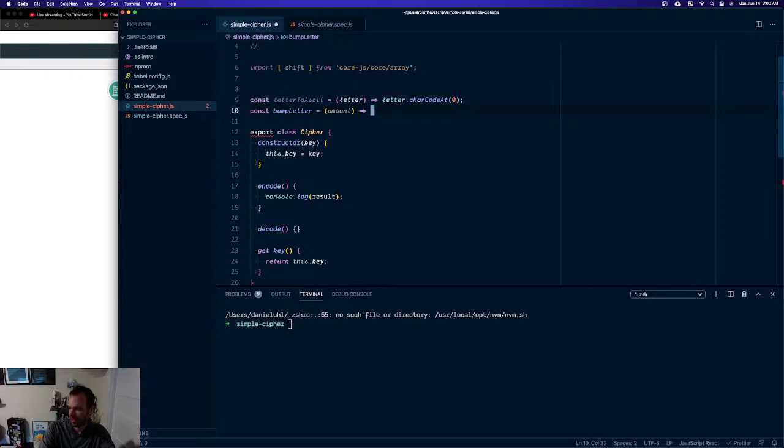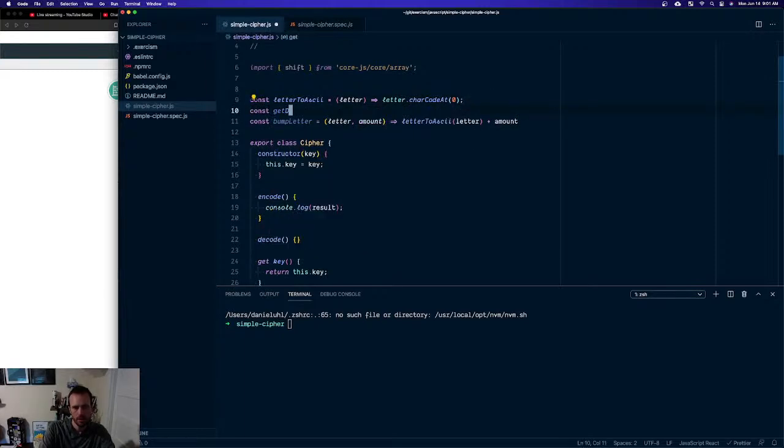I mean, that's just actually, okay, so letter amount, and we'll say letter to ASCII letter plus amount. Which amount actually is going to be a letter's distance from A. Get distance from A equals,